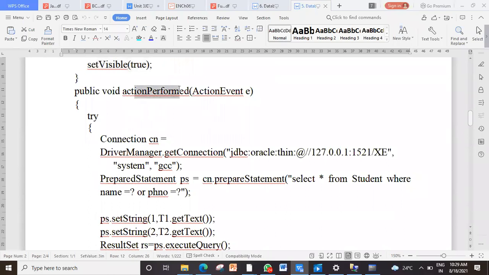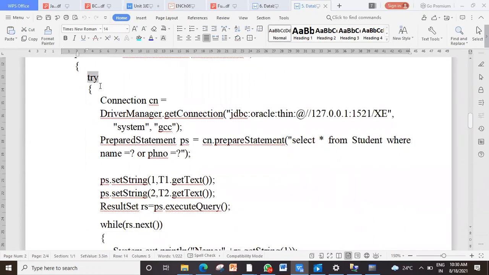Now in actionPerformed, I have to do database connectivity. You know, database connectivity must be done in try because it's a checked exception. You may pass a wrong database value, name and all, so Java forces you to put it in a try block. First, I create the connection object.